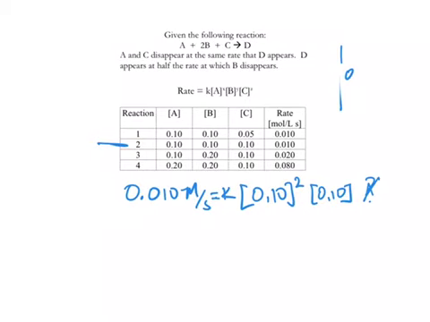So if you go through here and you do the math, you take 0.1 squared, and let me do some math here. I can't do this much kind of math in my head. So that is going to equal 0.001. And then if I take 0.01 and divide that by 0.001, I get K